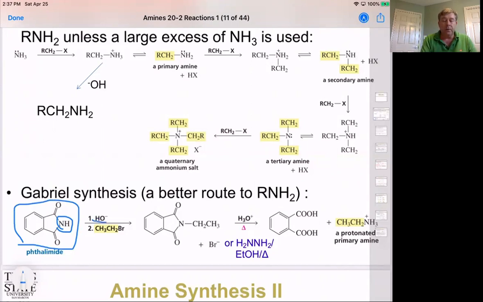And we're going to use a base to deprotonate the phthalimide hydrogen, giving us nitrogen as the nucleophile. We can then undergo an SN2 reaction to generate this intermediate species here. Then by either hydrolyzing this off with base or acid, or using hydrazine to actually reduce it down and get it off, we will generate the protonated primary amine, and then by basifying, we can get to our